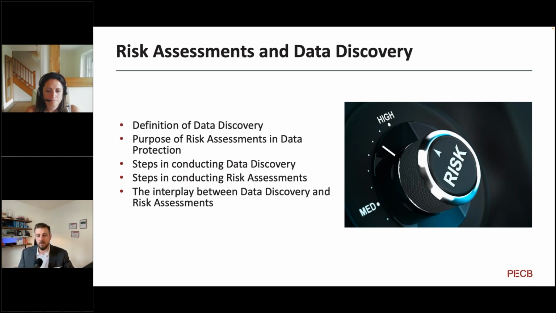So again, if you have personally identifiable information, but very few controls to secure that data, or maybe to manage that in accordance with GDPR, for example, a risk assessment needs to be done to quantify exactly what that means to the business. And so the data discovery and the risk assessment go really hand in hand, because you can't really quantify the potential impact of risky data if you don't understand what the implications of that data are.